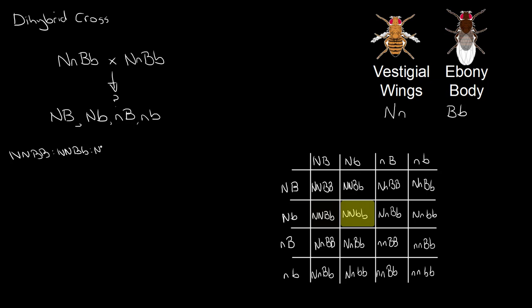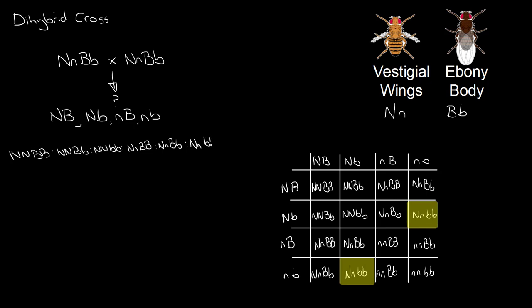We can have homozygous for normal wings and the recessive ebony body coloured. We can have heterozygous for wings and homozygous for normal body colour, heterozygous for wings, heterozygous for body colour,